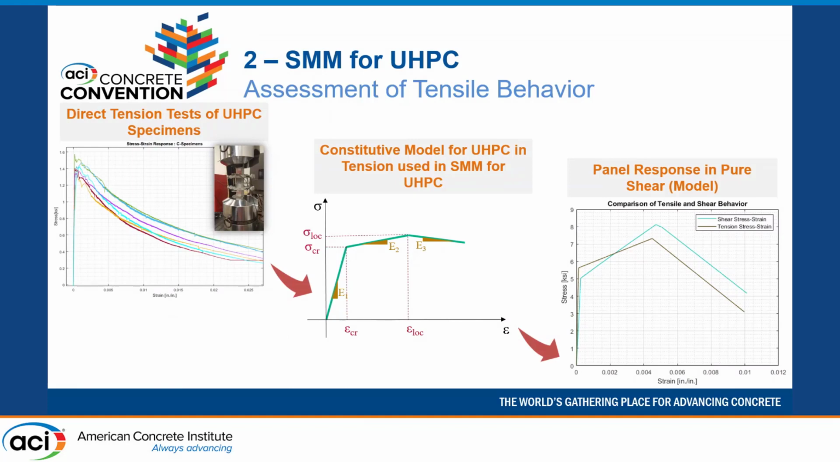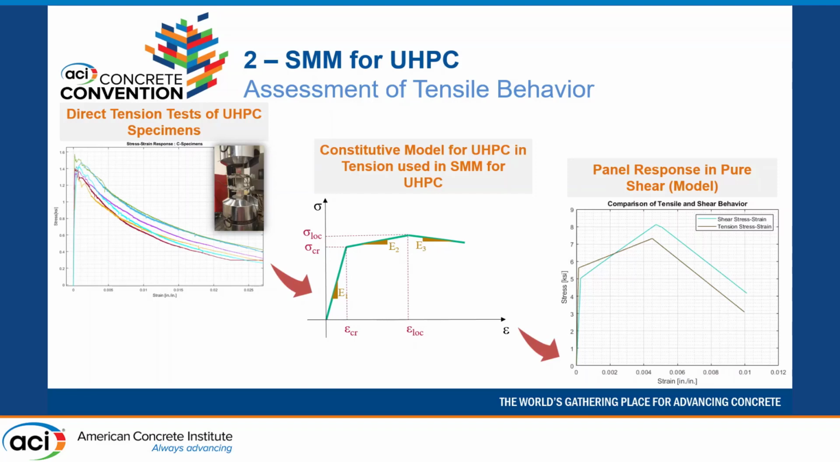So based on our analysis of the softened membrane model, we observed that the shear stress strain behavior of a panel element is largely dictated by the tensile stress strain behavior. So although we did some investigation on the compression stress strain behavior, the softening, and the Poisson ratios of the element, we found that what mostly governed the shear behavior was how we define the tensile stress strain behavior of the UHPC matrix,